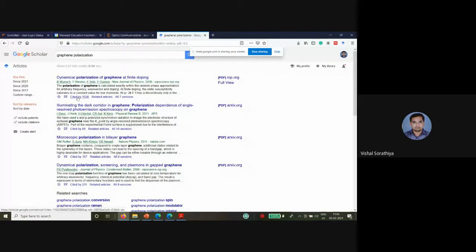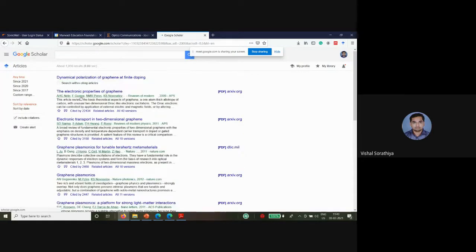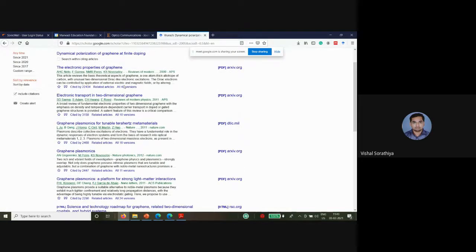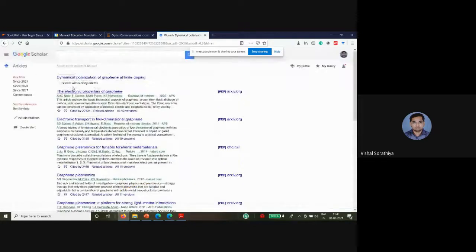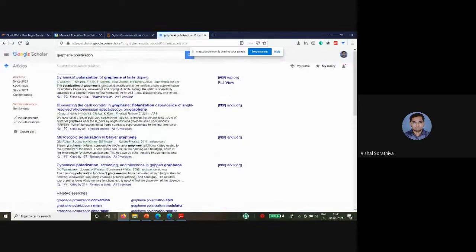We can say 1,000 people have used this paper and such 1,000 articles have been published. What is the meaning of cited by 1,056? It means that by taking a reference of this article, 1,056 articles have been published already. So you can say that that many people have used this article for their basic theory regarding the